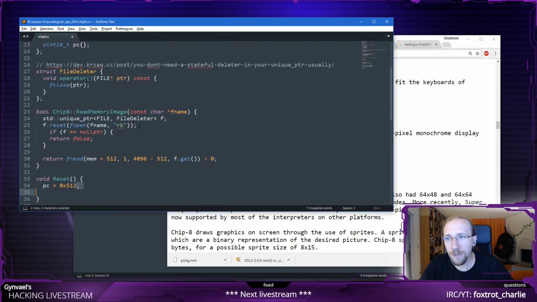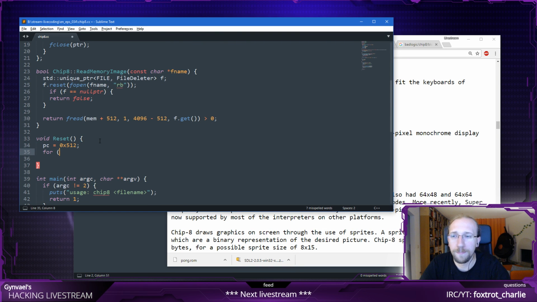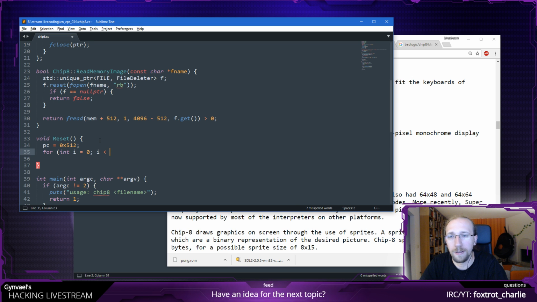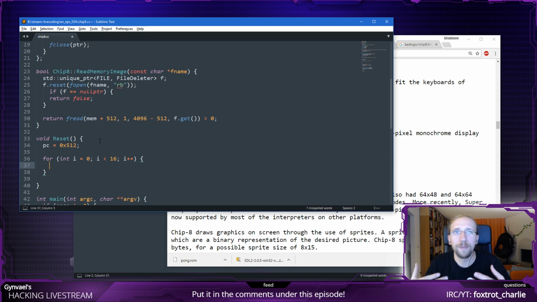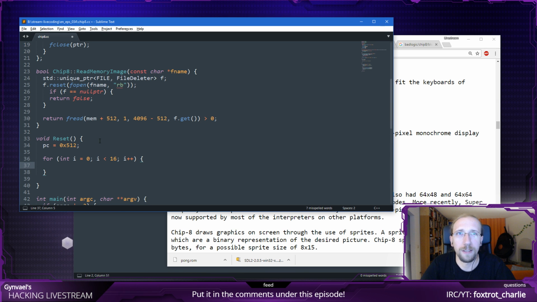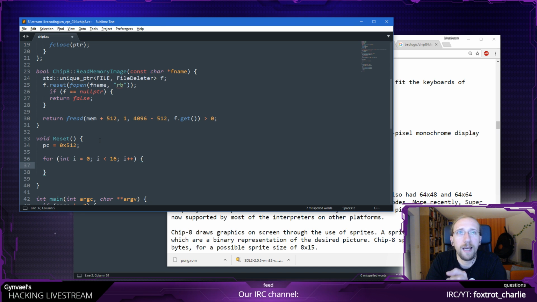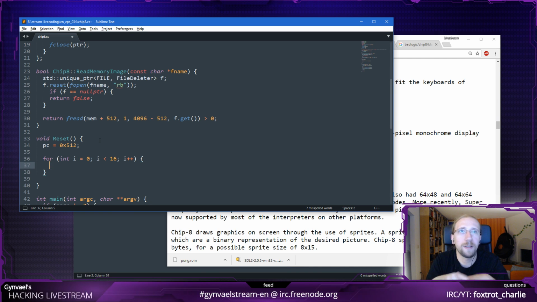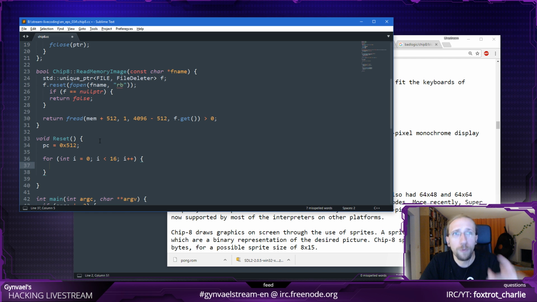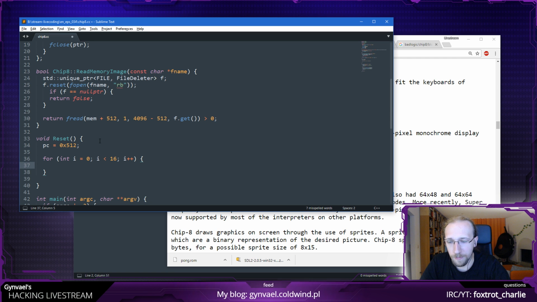Okay, so I'm just going to assume that all the other registers, I'm shadowing the field, but I don't mind it, are basically set to 0. The reason I am doing this again, apart from doing it when initializing the object, is that somebody might push a reset button in the UI, and that has to reset the VM without recreating the object, so I cannot trust that the constructor will run again. So this is supposed to be 0.